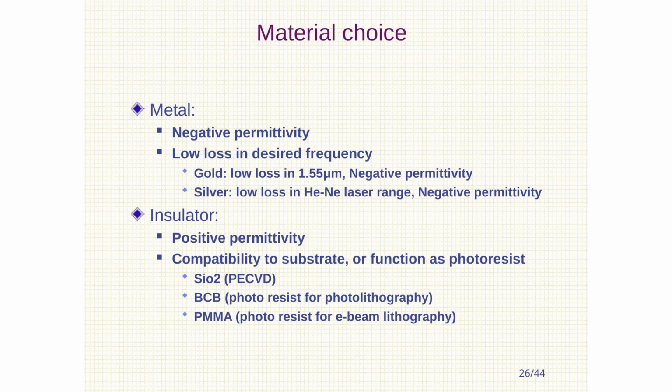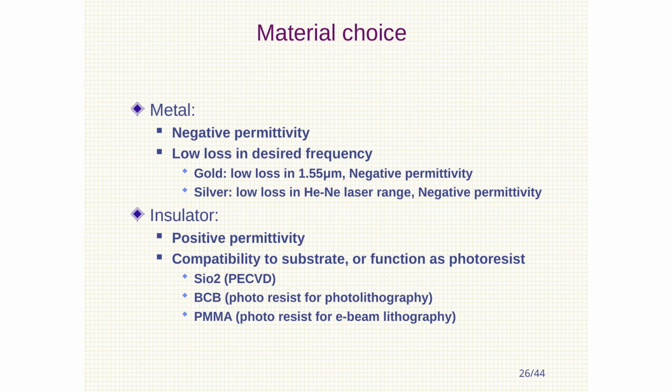Material choice is crucial in plasmonic structures. Metals like gold and silver offer negative permittivity and low loss at specific frequencies, such as 1.55 micrometers for gold and helium-neon laser range for silver. Insulators with positive permittivity ensure substrate compatibility or function as photoresists, including silicon dioxide, benzocyclobutene, and polymethyl methacrylate for various